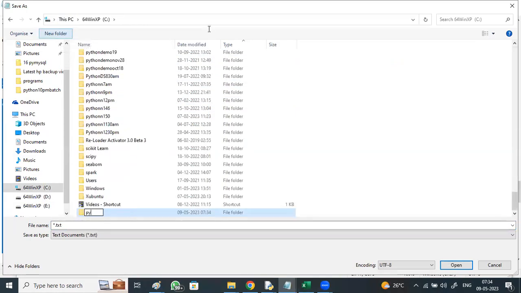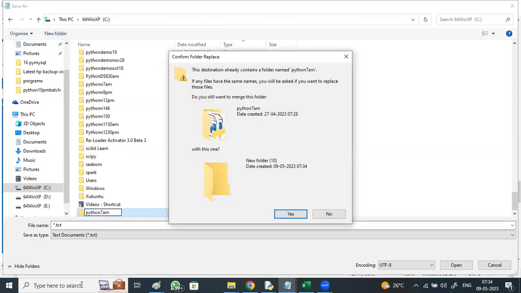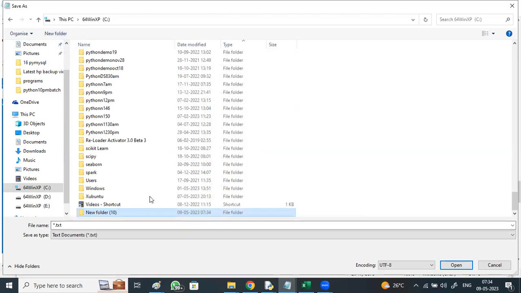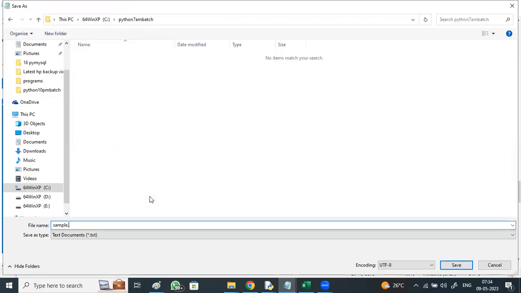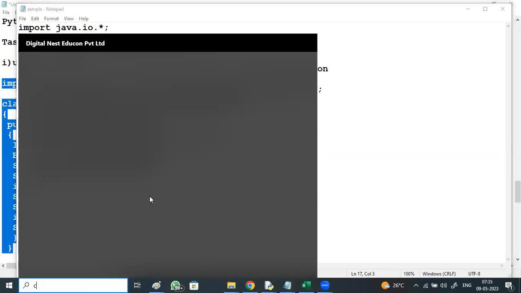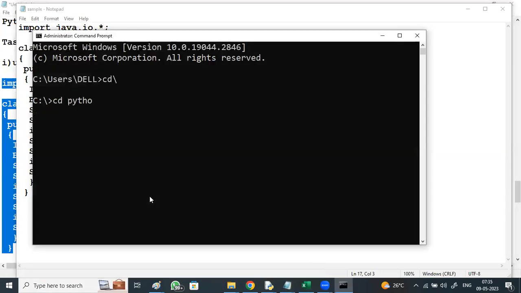I go to the command prompt and change the directory to the Python 7 a.m. batch folder, where I'll save all these files.